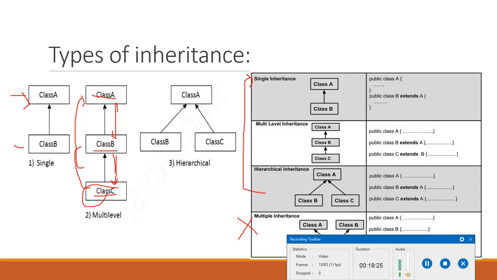This process may be extended to any number of levels. So for example, I can have a class D over here which is derived from class C. So in this case, my syntax will be public class D extends class C. So for class D, class C will be the direct superclass, and class B and A will be the indirect superclasses. Class C will inherit the members of both A and B, as I told you. In this case, class D will inherit all the members of class C, class B, class A. Similarly, I can create class E and so on.